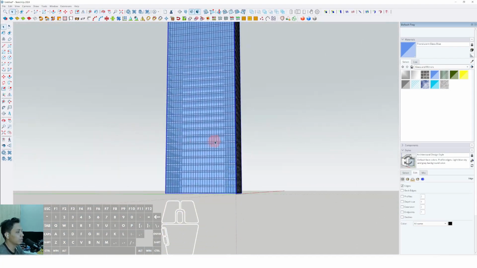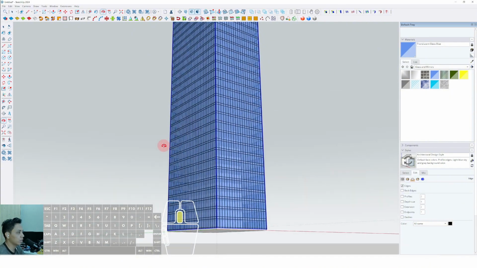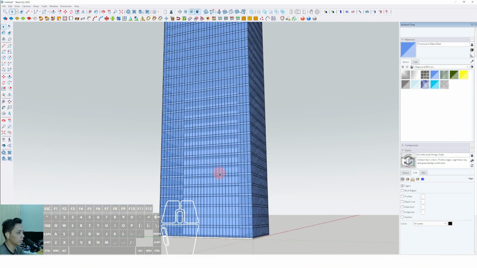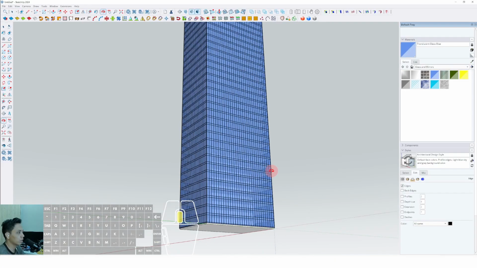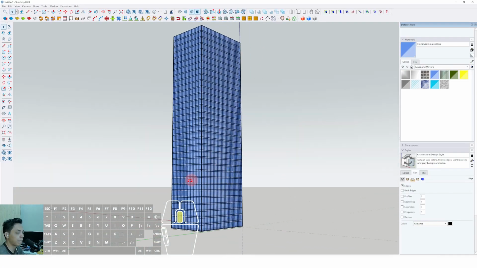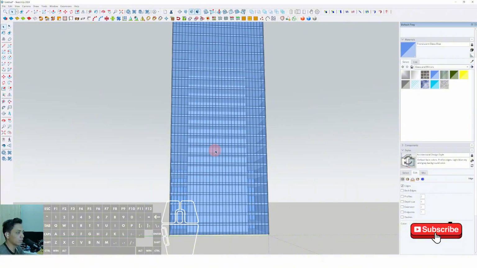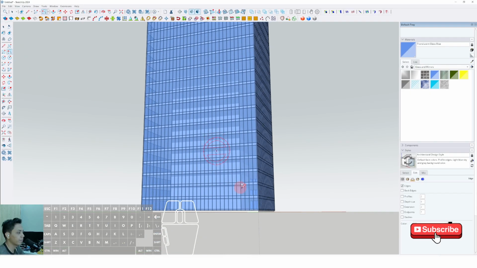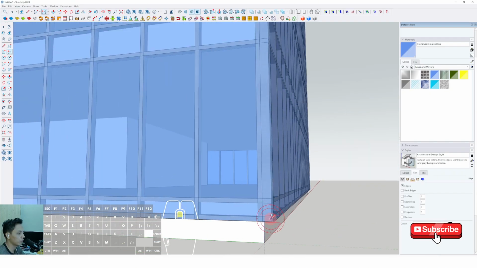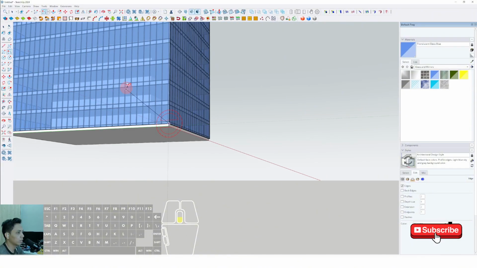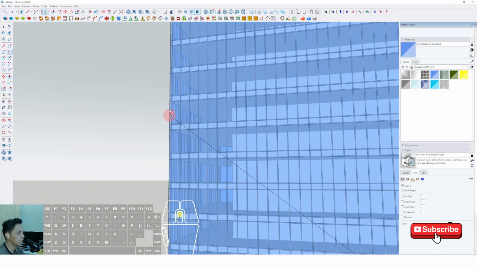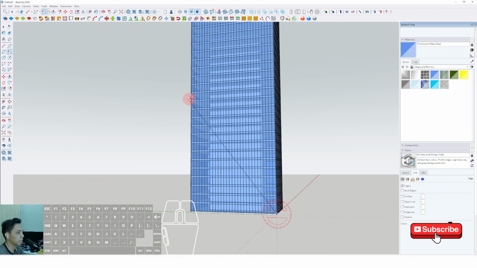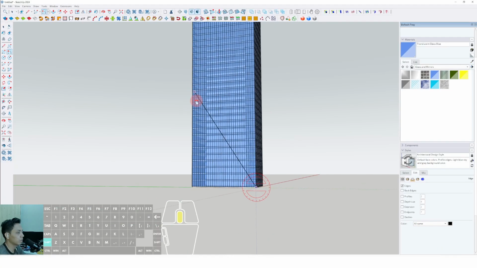Then I will show you about how to make a secondary skin for the modern luxury high-rise building with a second web facade design. Okay, now we can use the rotated rectangle here. Click from this point and until this point. Okay, maybe until this point. It's around, okay, approximately just like this,